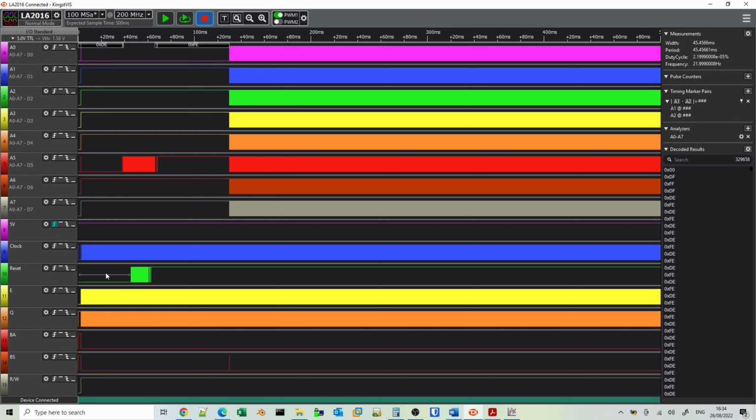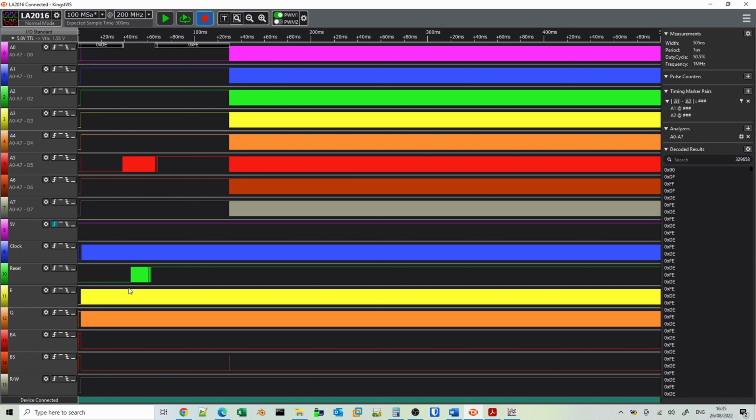The reset's quite interesting in that this is a point in time when the processor seems to have come out of reset, and we can see that the bus status value here has indicated that the reset is completed. But we can see here that the reset signal on the logic analyzer appears to have gone high after about 40 milliseconds rather than the 120 milliseconds. And this will be down to the voltages at which the logic analyzer considers things to be logic 1 versus the voltage at which the processor determines this.